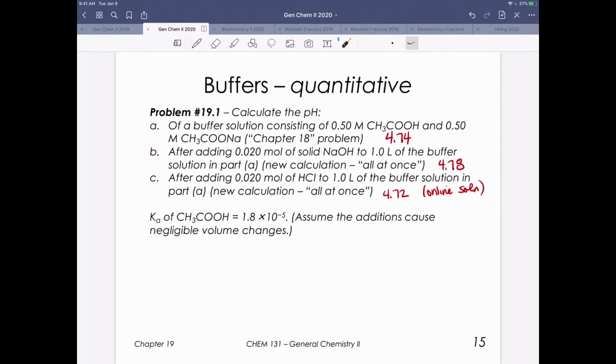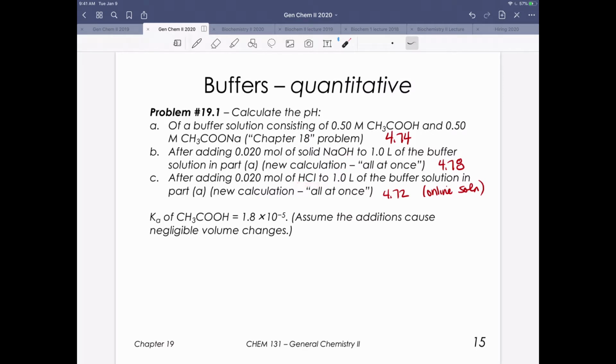Then we're going to say what happens to that solution if we were to add 0.02 moles of sodium hydroxide. So this represents kind of a new calculation, new chemistry that we've seen. We're sort of thinking about adding this all at once, so there's no volume changes we need to think about. You've done stuff with titrations in lab, and we're going to get to titrations in our next lecture, but this one really is all about just adding this chemical to solution and not really thinking about it doing anything to change the volume. We're just going to be using 0.02 moles, in this case, of strong base in B or